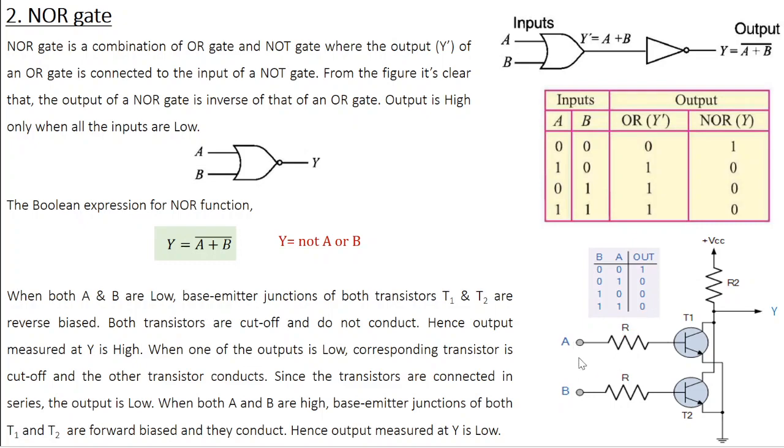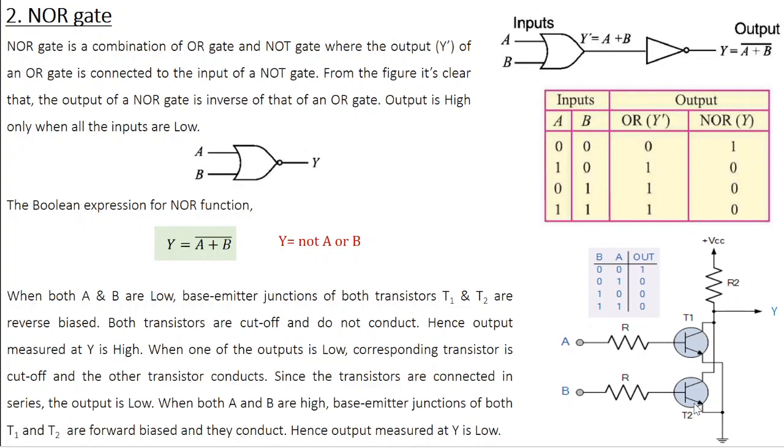Now if A is high and B is low, here the base emitter junction is forward biased, so T1 conducts. Here the base emitter junction is reverse biased, so T2 doesn't conduct. But since these two are connected in parallel, even if one of the transistors is conducting, the current from the positive terminal can flow through that particular transistor towards the ground. So all the current flows through this path, no current comes to the point Y, so the output at Y is going to be 0. Similarly, if A is low, B is high,